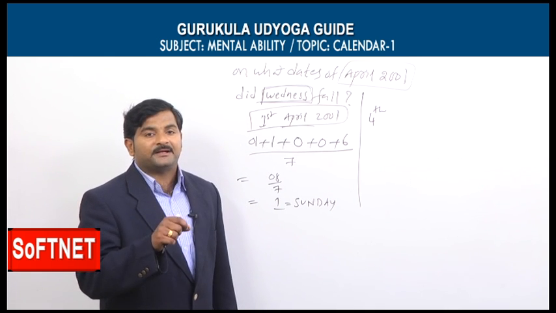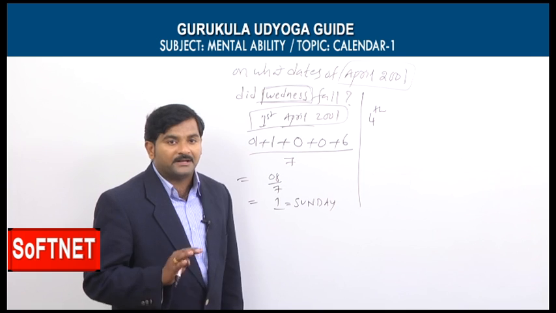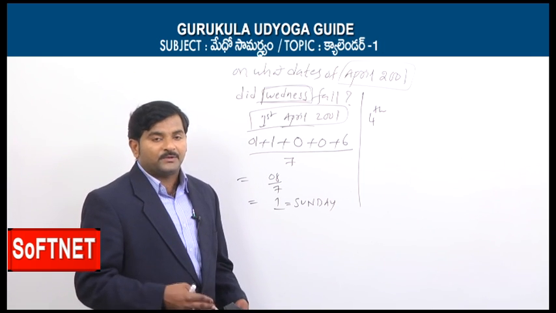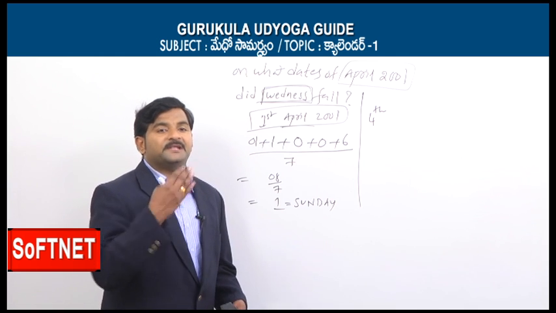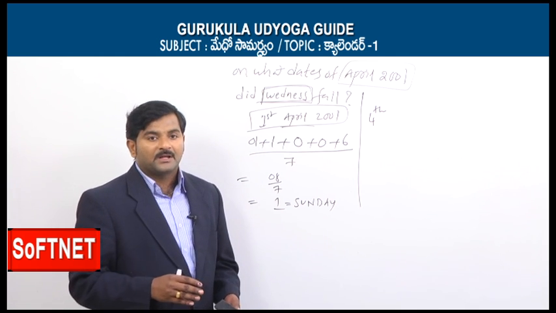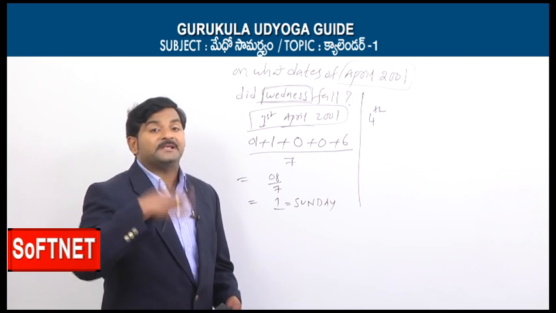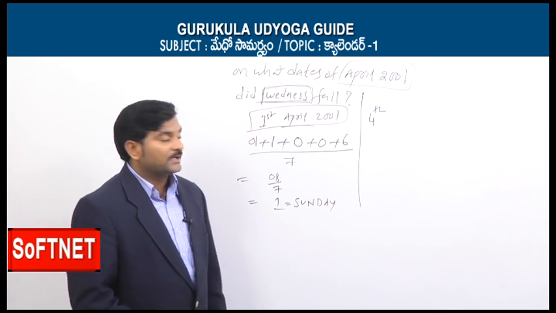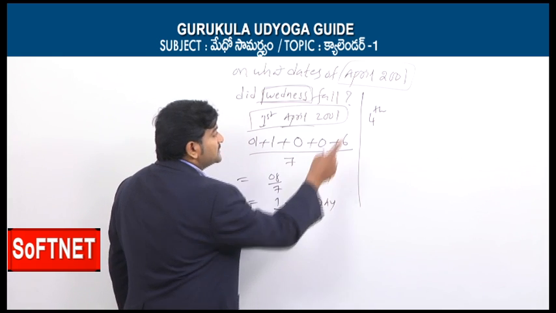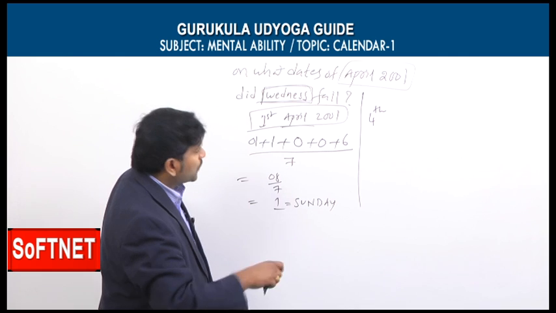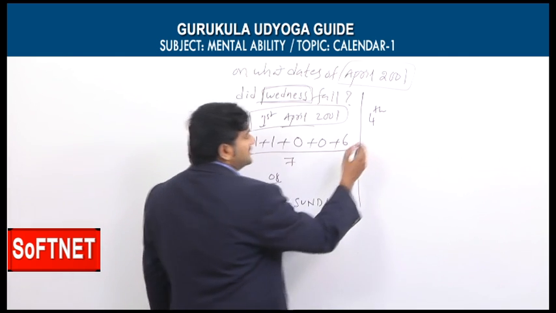After every 7 days, the same day will come. What does it mean? For example, if today is Wednesday, after every 7 days, Wednesday will come. If for example today is Sunday, after every 7 days, again Sunday will come. So since the first Wednesday will be on 4th April, then the next Wednesday will be